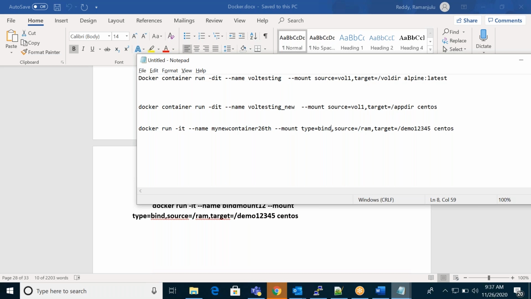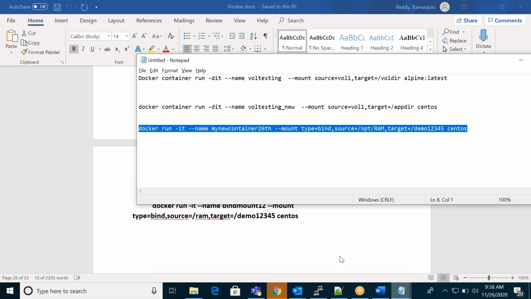Here you have to give type is equal to bind. Source is equal to your external /opt/RAM in my case. Target, whatever, you can give your image. So I'm going to create a new container from this image, and I'm bind mounting my external volume. This is my target mount directory in this container.